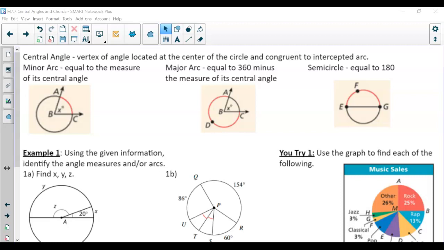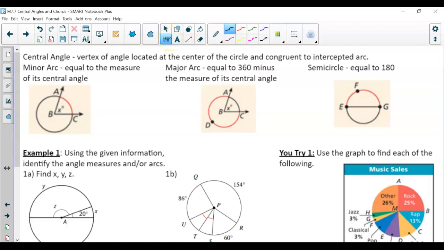In this lesson with our circles, we're now going to start looking at central angles, which are literally angles in the center of the circle, and arcs, so arc measurements. We'll also bring in chords as well, along with the arc measurement. So here, when we discuss again the central angle, the angle of the vertex is in the center of the